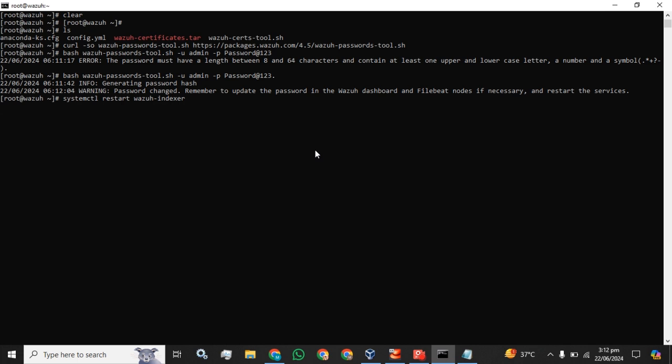First, I am going to restart Wazuh indexer, then I will restart Wazuh manager, and then I will restart Wazuh dashboard. Before the dashboard, I am going to restart Filebeat as well.